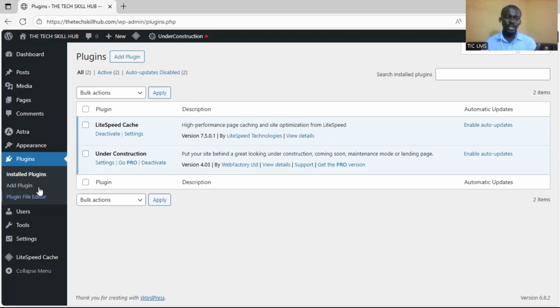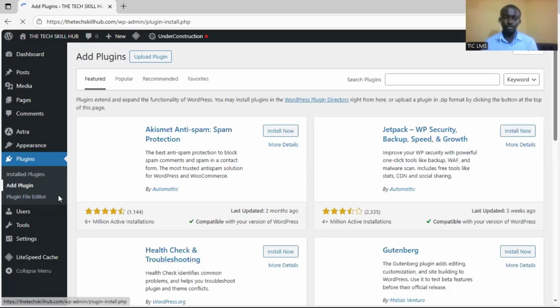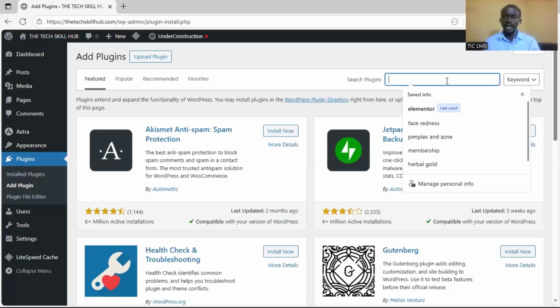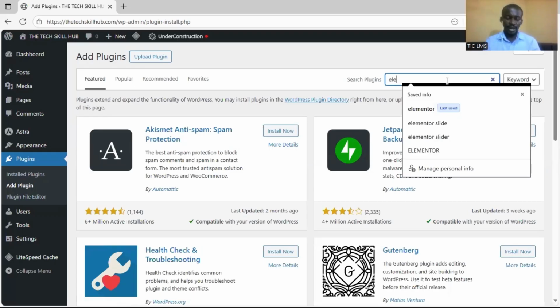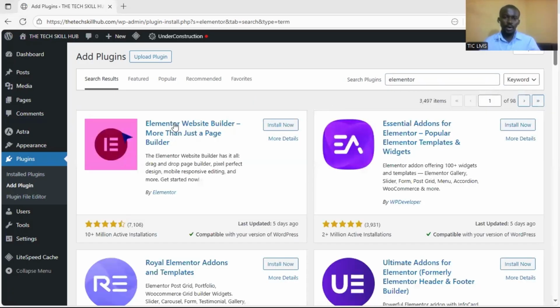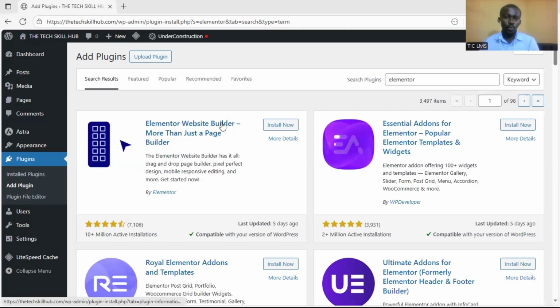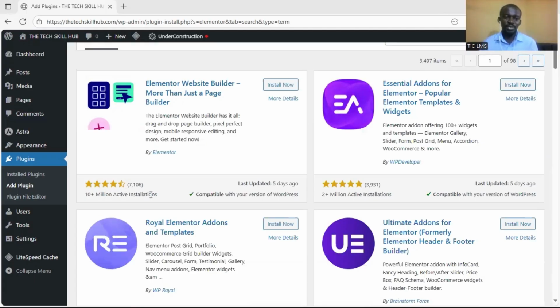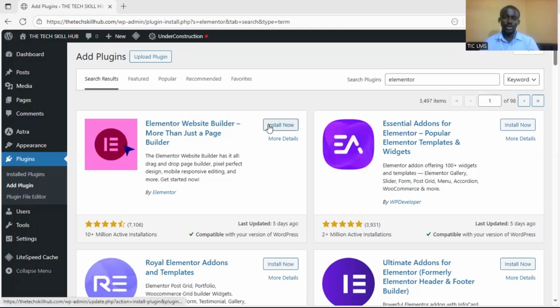We want to install a builder that is going to help us build the site properly. So you click on Add Plugins, and then you search for Elementor in the search plugin bar. All right, so here we have Elementor Website Builder, more than just a page builder. We're going to use this to build our page. And as you can see, it has over 10 million active installations. You click on install